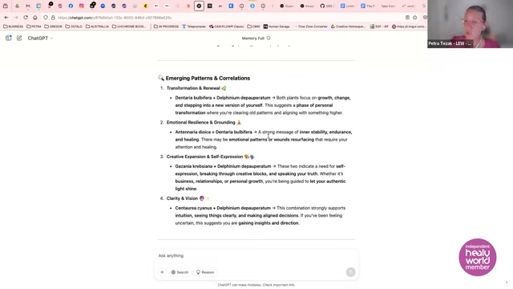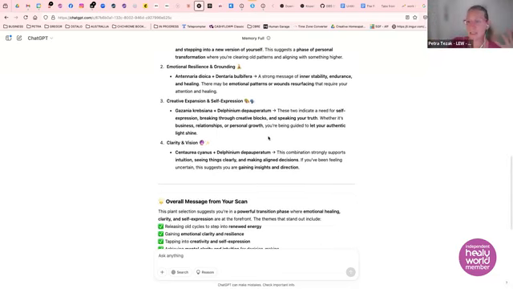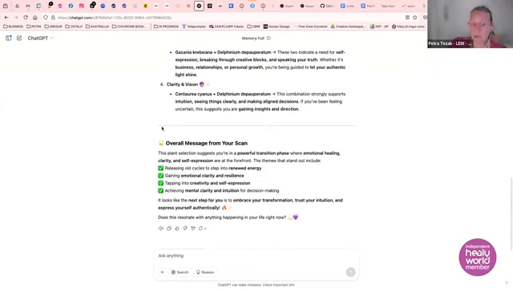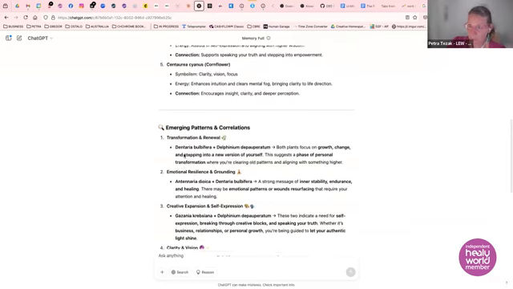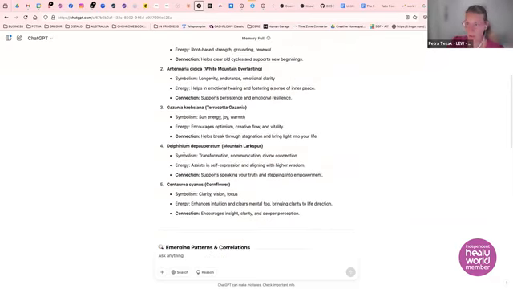So it literally tells you what is going on for you, and you can find related patterns in your life. So you can have reflections, and it puts it in simple terms, so you don't have to go and think about, oh, what does that mean? So you can really analyze these things for yourself and see what patterns emerge. And also it gives you an overall message of the scan, which is literally bullet points of what you need to focus on. So this is really simple to use and work with.